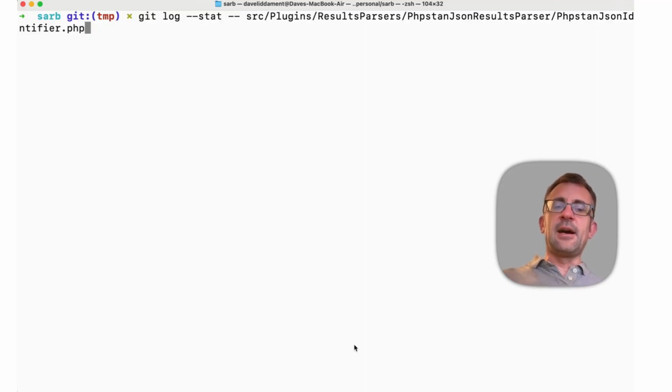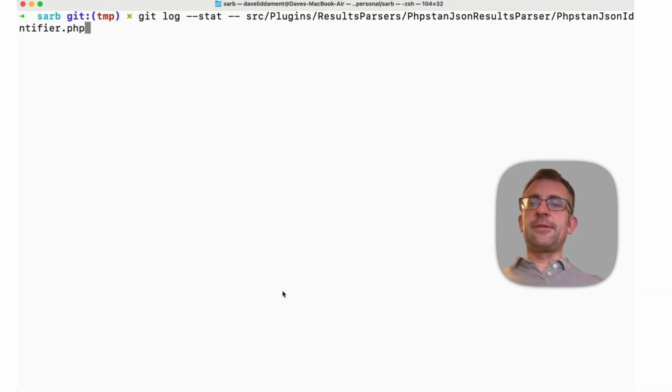And today I want to show you this neat option on git log, which is the --follow option. But before we look at that, let's look at what's going on here. We are logging. I've added the --stat just so we can see the number of lines that have changed